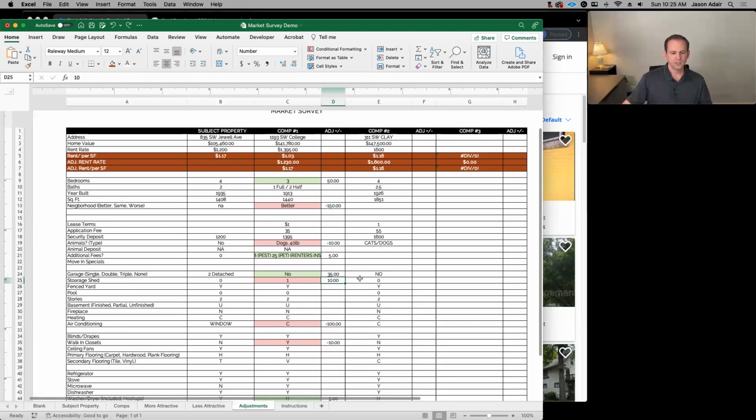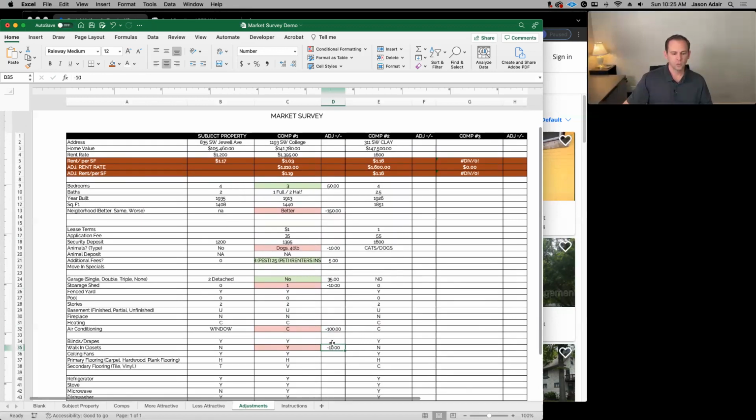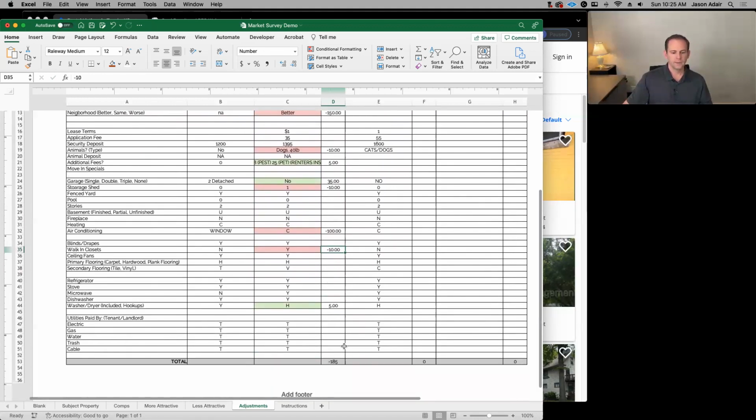Let's see. We adjusted down the storage shed $10. Well, it should be $10. Adjusted down the air conditioning. To me, that's a big one. Window units over central AC is a big deal. $100 for that, $10 for walk-in closets. And then,